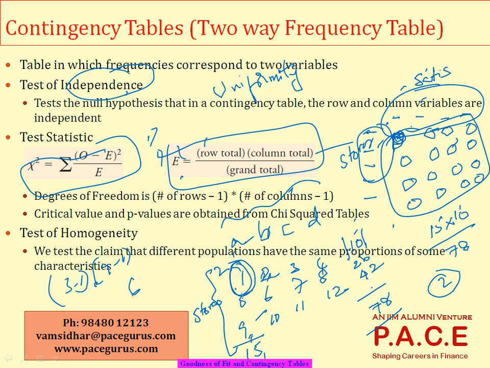So especially when I am looking at two different variables together, we can get into this process of contingency table, which also uses a chi-square test for taking the decisions. This also uses a chi-square analysis and a chi-square test, which will give you the final degrees of freedom, and based on the degrees of freedom you can evaluate whether there is some level of dependency between the row variable